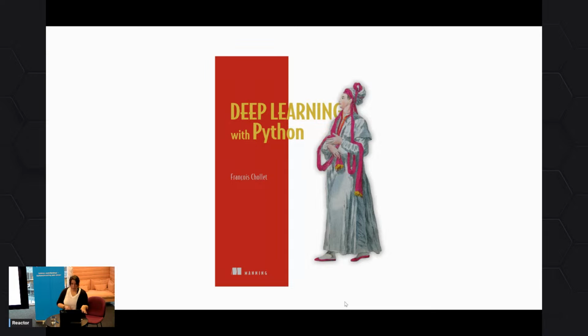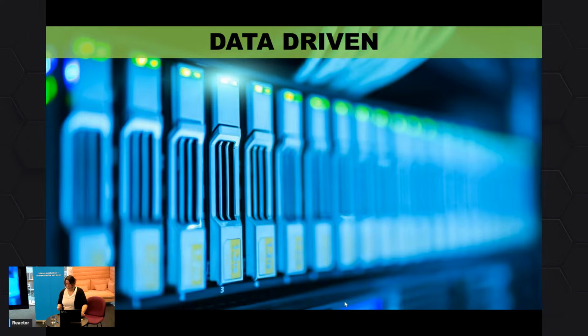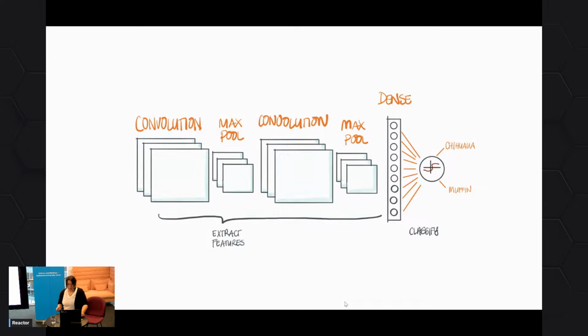The problem is the data, not the model. Like the actual algorithm, as software engineers, we know how to do that, that's not the difficult part, let's say. But the problem is that you have to have a lot of data for this to get accurate. So if we look at something like this, in order for you to determine if it's a Chihuahua or a muffin, you would have to have a large number of layers, and the number of layers that you would have also dictate how much input data you have. So you might have to have, I don't know, 5,000 Chihuahuas and 5,000 muffins to even get a semi-accurate result on this.